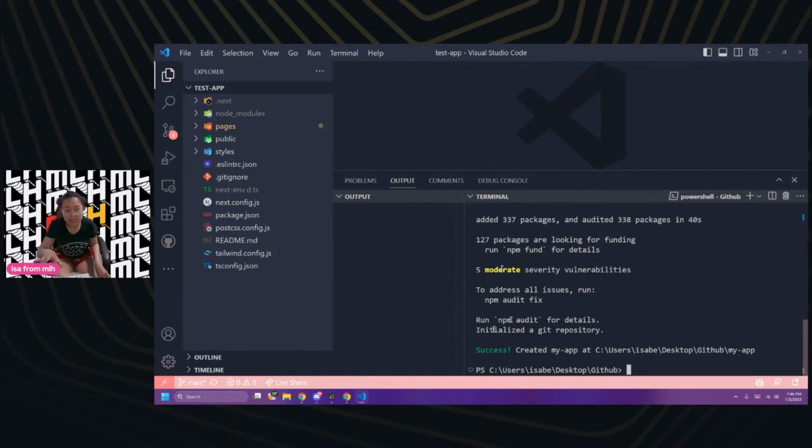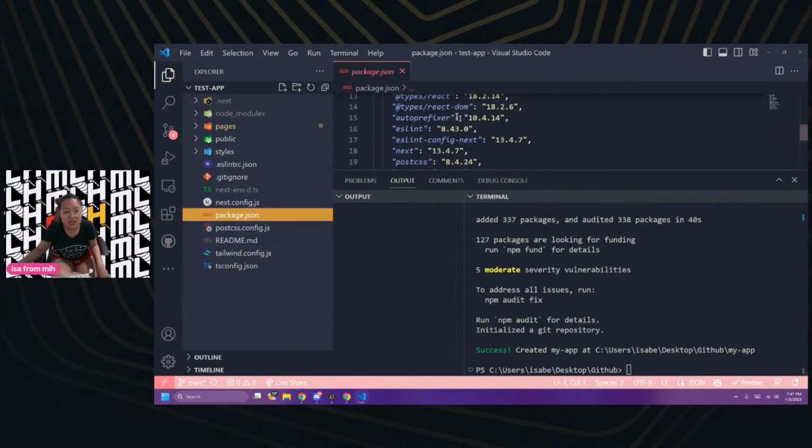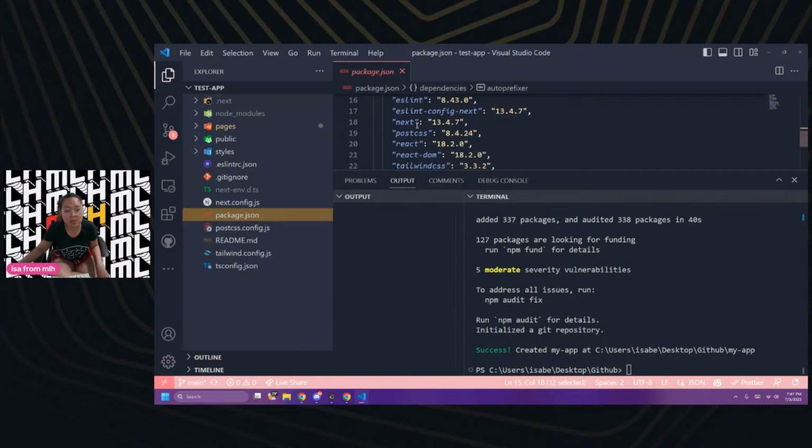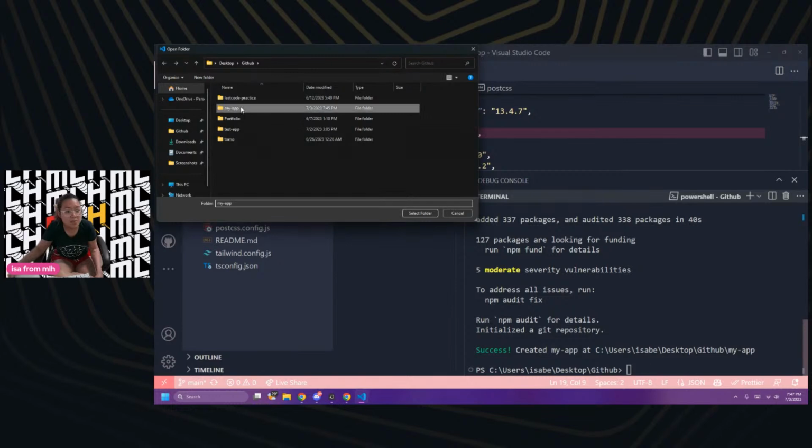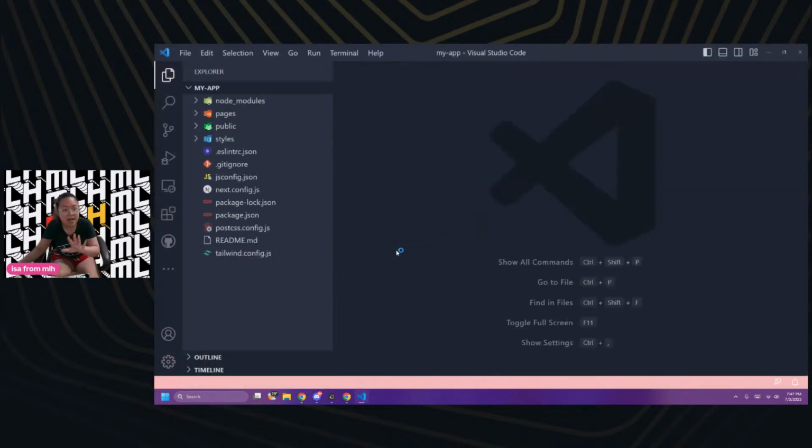That's the vulnerability of the dependencies that you're using. That's Next's problem. That's Tailwind's problem. That's autoprefixer's problem. That's PostCSS's problem. That's not your problem. You do not need to audit anything. You're good.